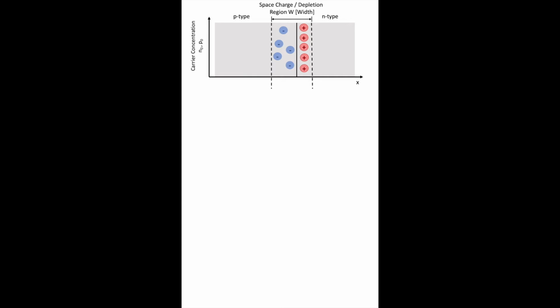W width that is formed, where the P-type dopants have their holes diffused to the N-type, leaving behind these negative, as shown in blue, dopants. And then the N-type dopants have electrons diffused to the P-type region, leaving the positive dopant nuclei. And so that's why we have negative and positive. You can see that there are 5 negative and 5 positive, and so overall in the space charge region there